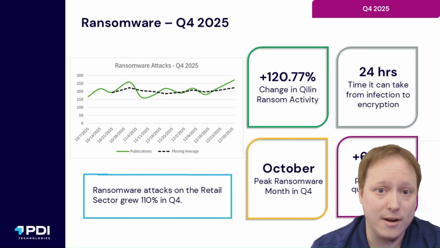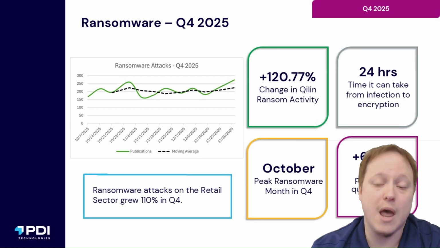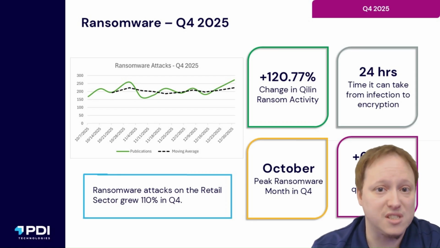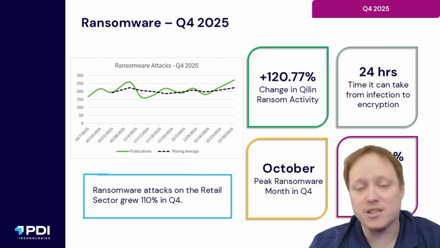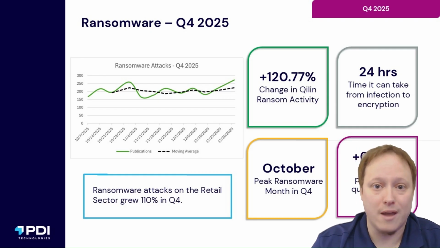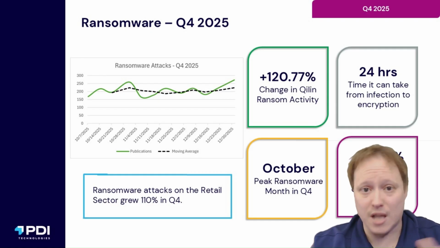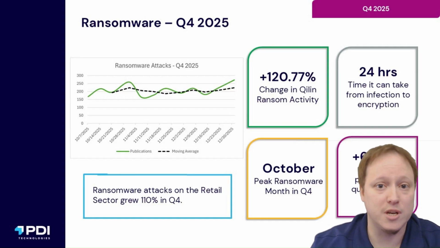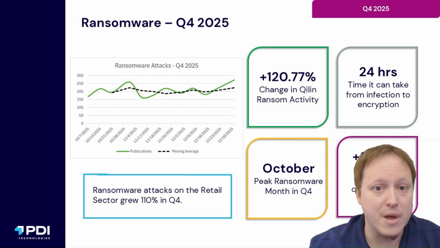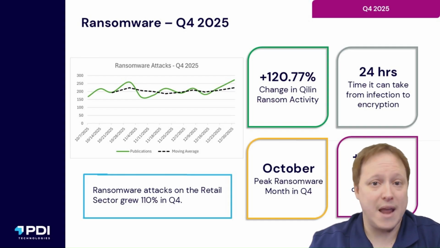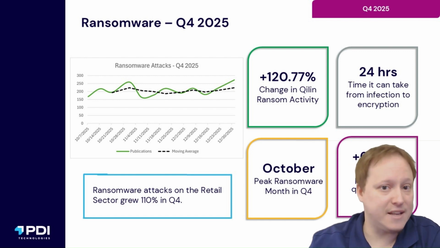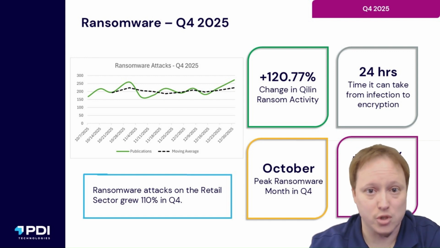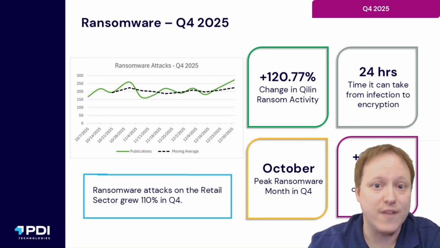When we look at the ransomware operators specifically, Qilin continued to be operating as one of the largest and most successful ransomware operators. And this likely has to do with the fact that they're what they call ransomware as a service. Just like you can go subscribe to an Office product and get a subscription key to it, it's very similar to how the ransomware operators will operate their quote unquote business, if you will, at this point. They basically are selling a license to their ransomware. They will provide you support. They will tell you if you have troubleshooting issues, all those things just like a regular vendor would.